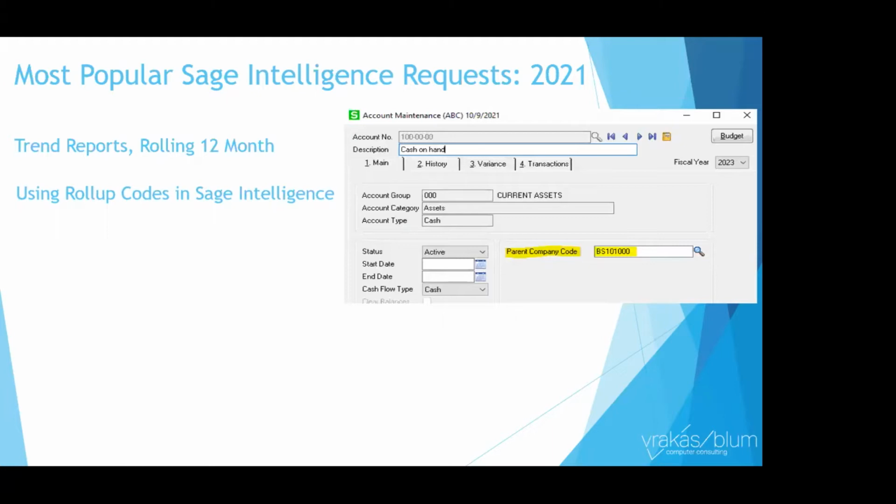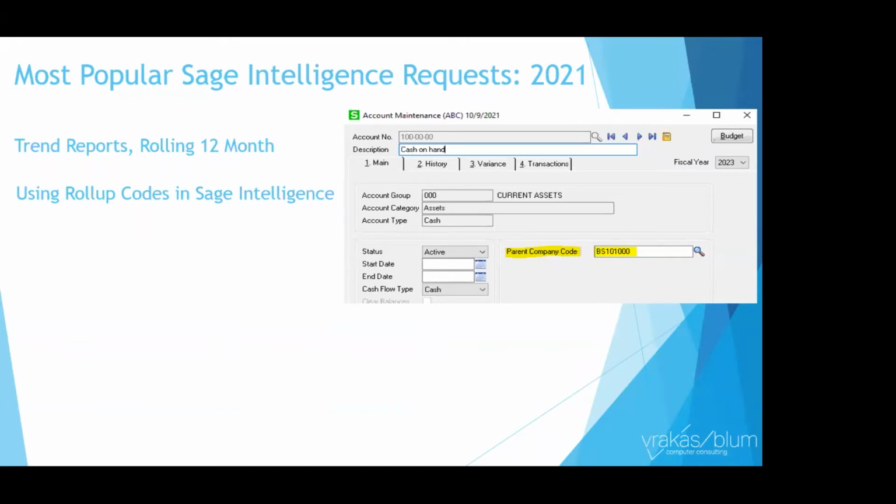For example, in this particular instance, this was a financial report that the parent company wanted, and none of the Sage 100 account numbers were numbered the same as the parent company numbers. So what we did is we created a Rollup Code for the parent company code linked to the Sage 100